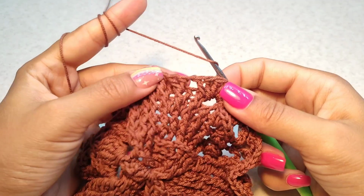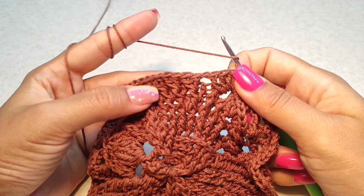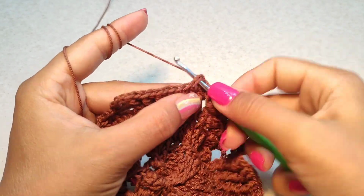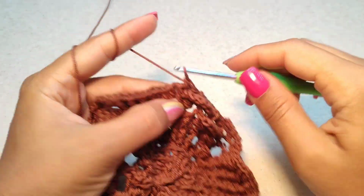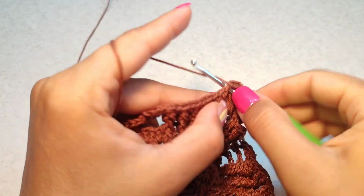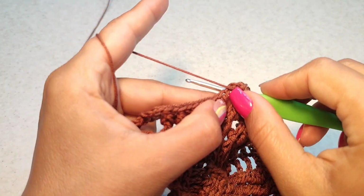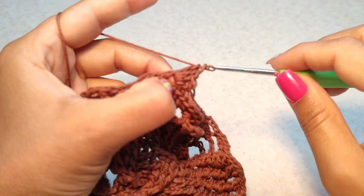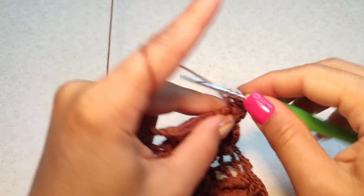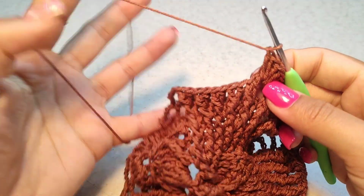Now 7 double crochet into 1 chain space here, 1, 2, 3, 4, 5, 6, and 7. Now here we want to make